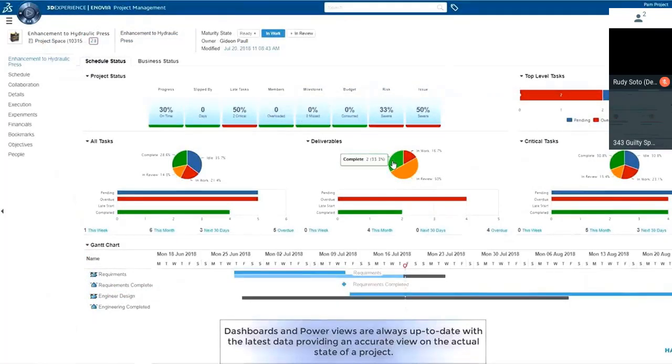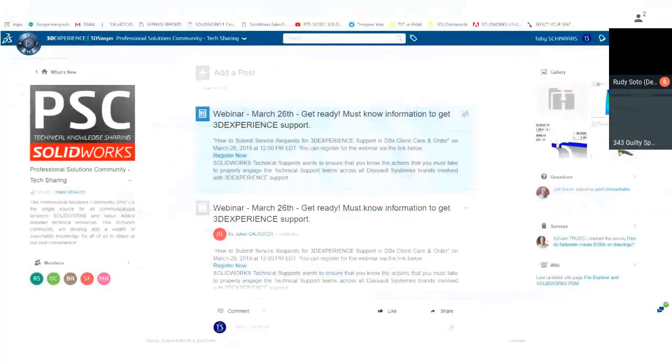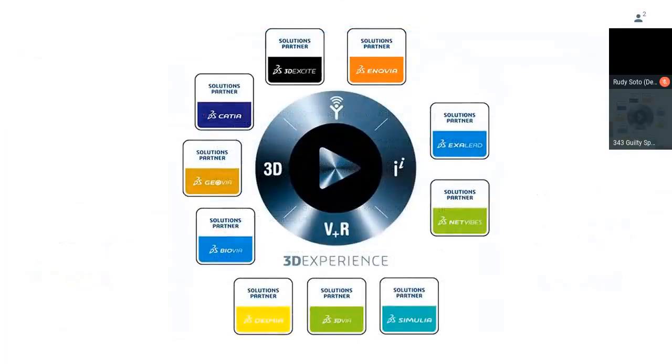This is another project management type of application. This is what we call our dashboards for doing project management on the platform. This is just like a social feed. Different members of the team can contribute tips and tricks and give feedback to one another, all in the vein of project management. So the takeaway here is that the 3D Experience platform has been kind of a dream of Dassault Systèmes for going on 10 years now, and it's really coming to the forefront now.